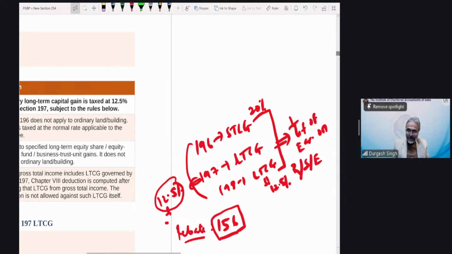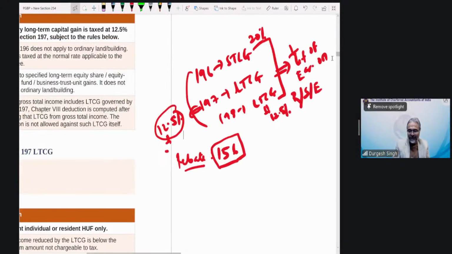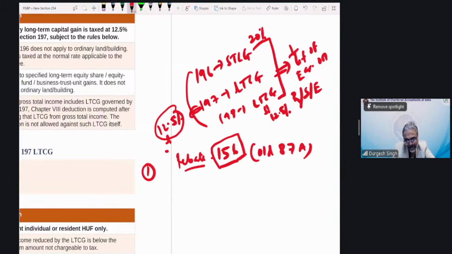So, students, first thing first, I have two special points, because now you have to do the calculation. I'm preparing you for the practicals now, but we cannot jump into the practicals without having our tools ready. These are the tools you need to keep ready. So rebate under 156, old is 87A, so that you can relate it. It depends, students. I'm writing, please take a note of this: in respect of